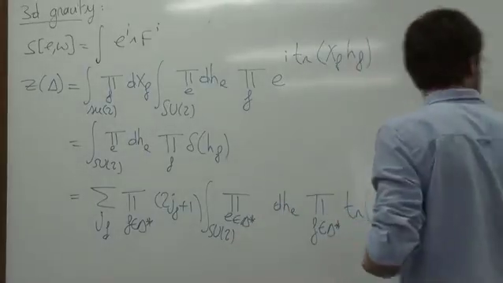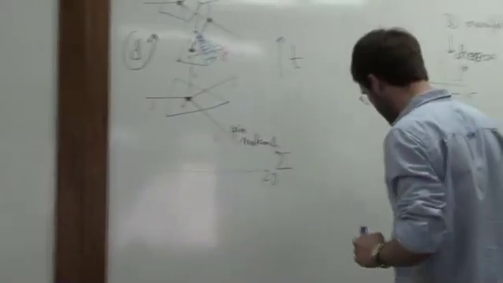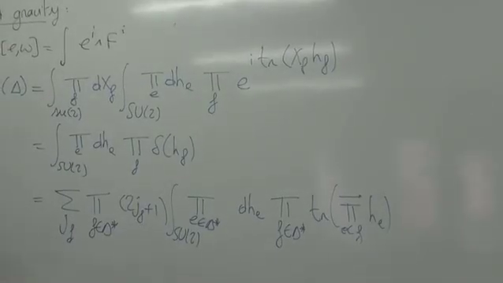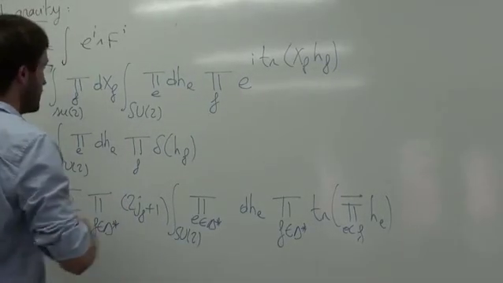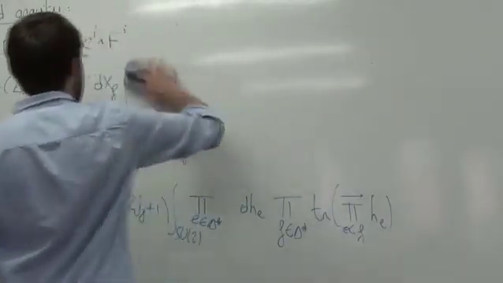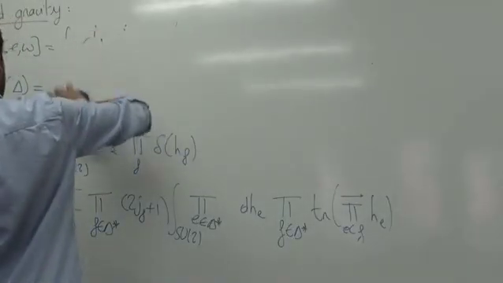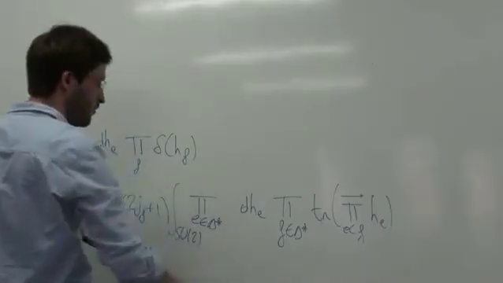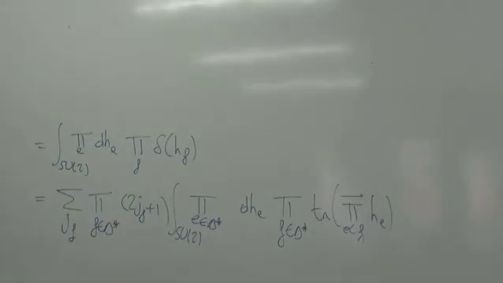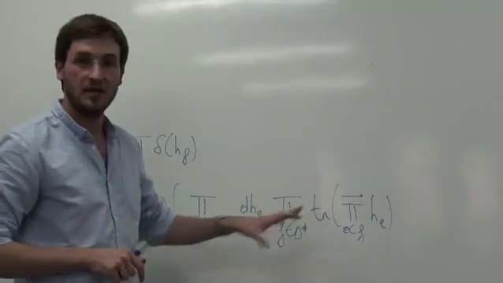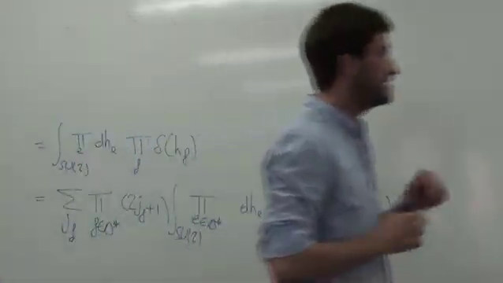This is where we have to be very careful now and understand what is happening. Because how do we do this integral now? I want to look at what happens, and the result is going to follow immediately. Now you see that these integrals are not redundant, but we're integrating over group elements that are shared by many of these group elements, shared by the same face. And what this means is that,